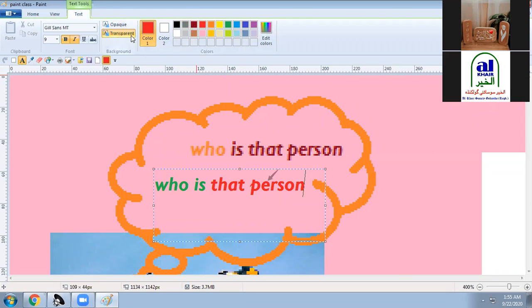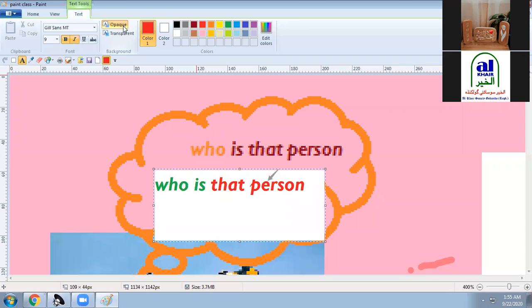So I took the transparent. What if we take opaque from that? Opaque is showing the background white. If we just take opaque like this, if we click, the background is white. You can see that. And if I take the transparent as an option, it is showing as in color.